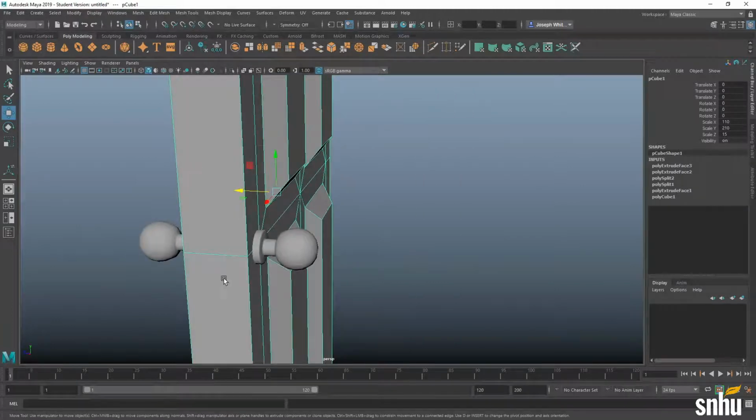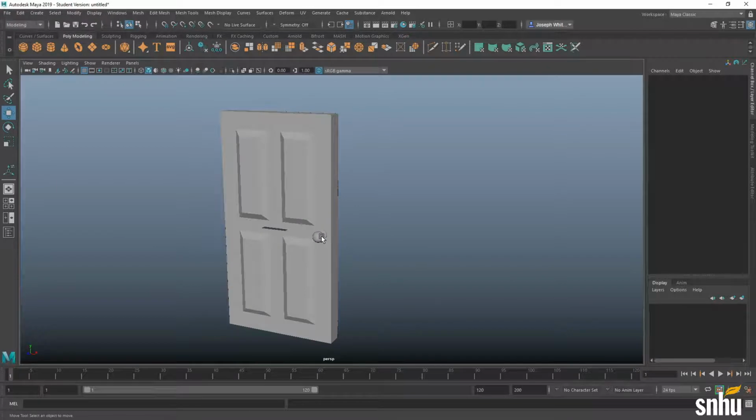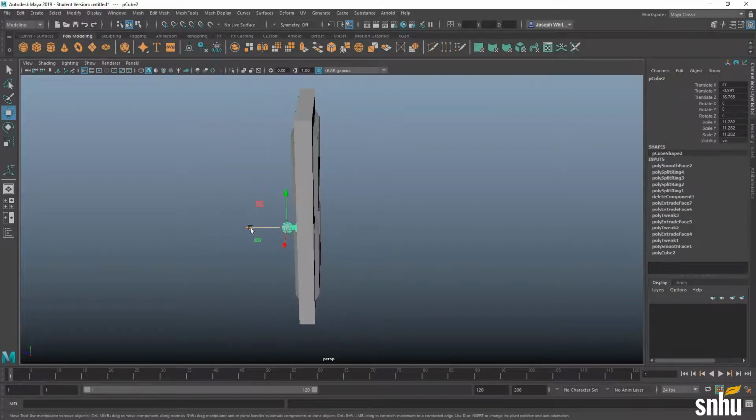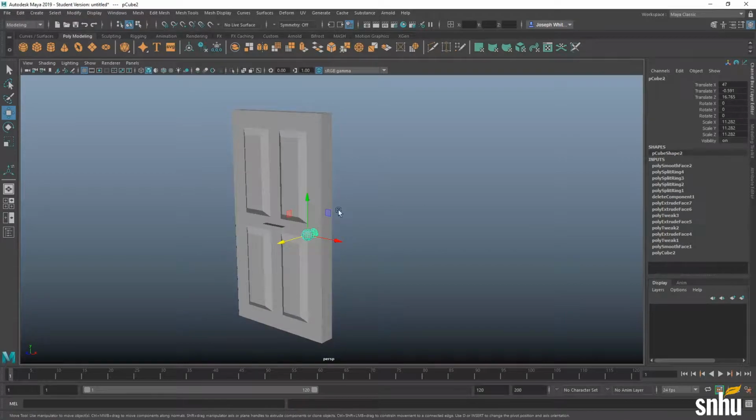All right, so I'm going to delete that right now because I want to create my UVs for this guy. And once I create my UVs, I'll duplicate him so the UVs are already done, and then I can reformat the UVs so they all fit together.